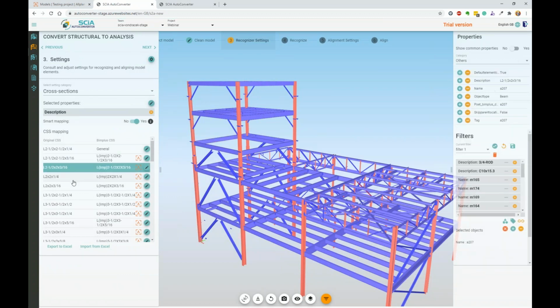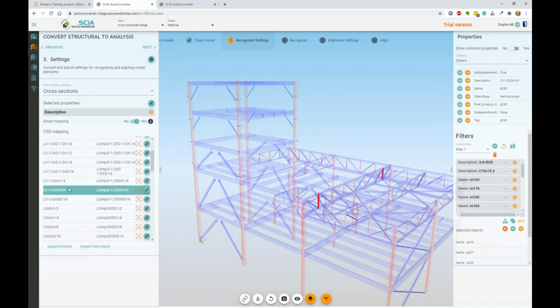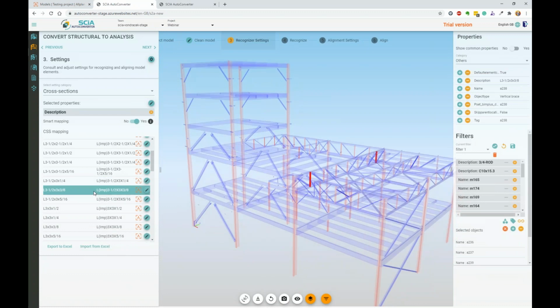And then the whole model is grouped based on that attribute, and I can go through it and also isolate and see what objects have which cross section, and I can change it by clicking on this pen icon, and you can see